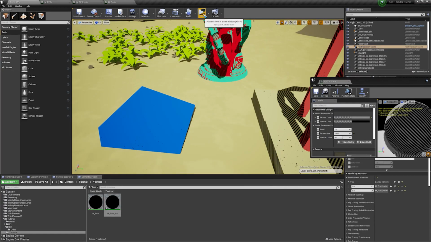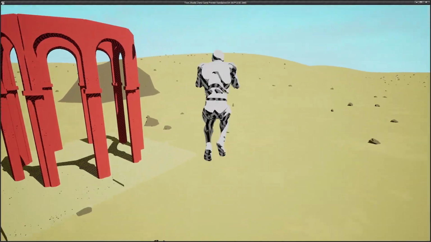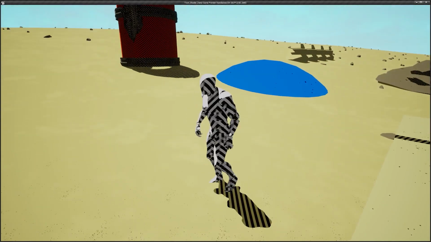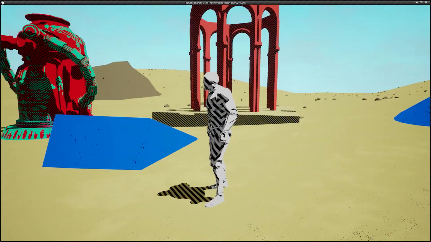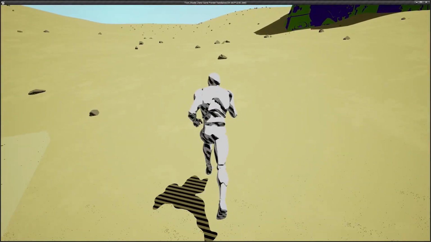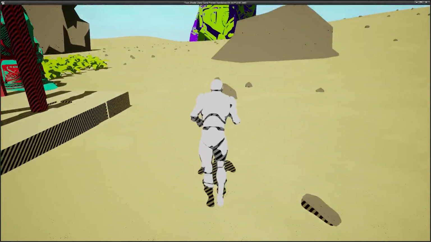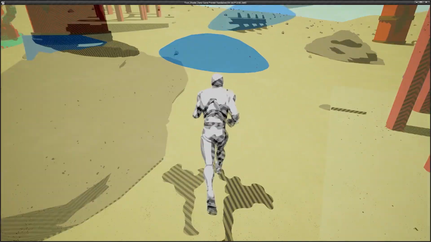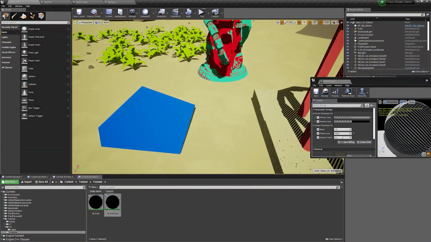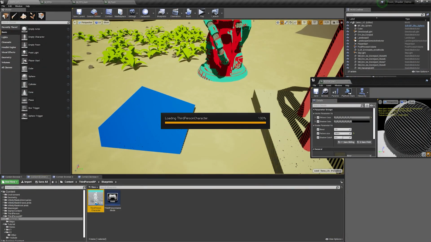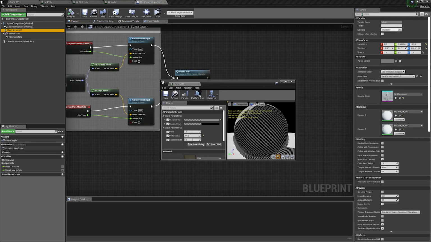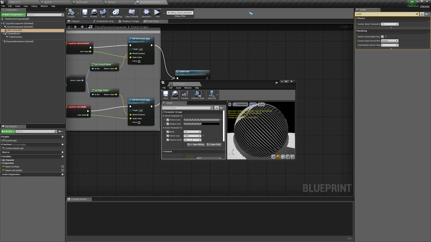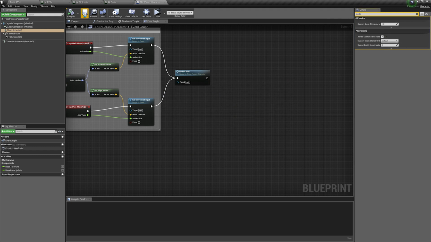So one more thing here is that if I press play, you can see that our character is affected by the shadow pattern, and we don't really want this because the pattern is projected in world space, and when our character moves through the world, the pattern kind of feels like it is moving. So we don't really want this. So one easy fix is that you can go to the character blueprint and you can select the mesh, and here you can type in custom, then you can tick render in custom depth path,